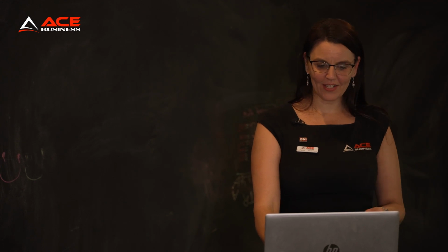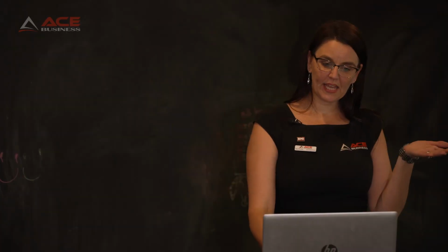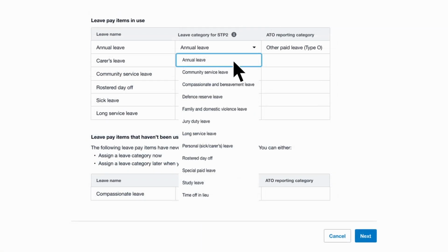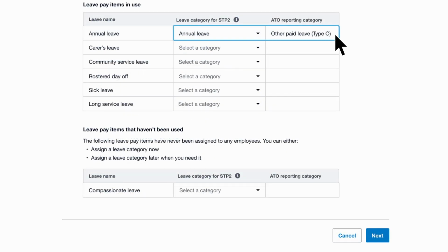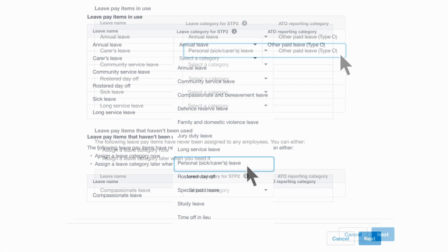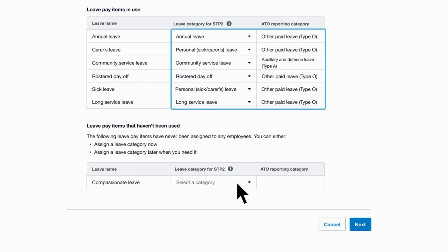So in here, we are just selecting the new categories. And there are some that we may not have been using in the past, like compassionate leave. So it will highlight that as well. But again, quite simple. Annual leave, we pick to be annual leave. And it tells us what the ATO reporting category is. Xero's done all of that for us. We just say annual leave is annual leave, sick leave is sick leave, and on we go. Very simple to be able to just select the buttons. And then